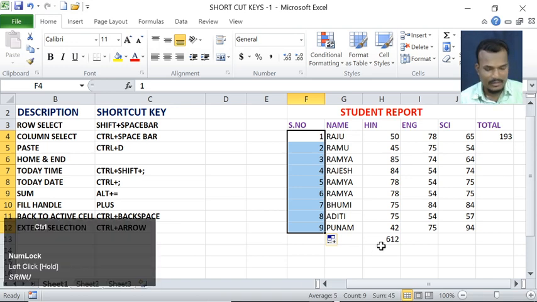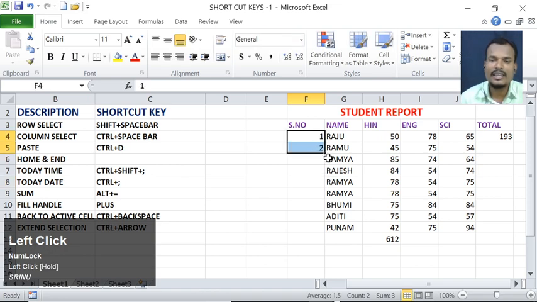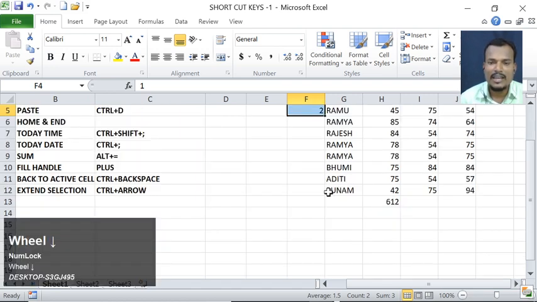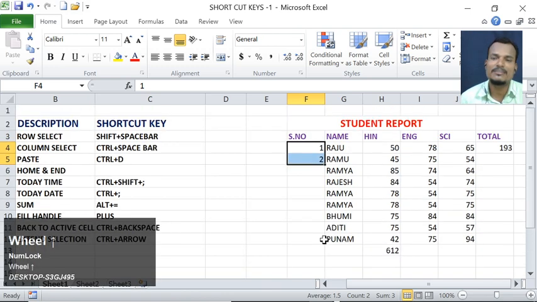But there is no need of all these things. Just type 1 and 2 here, and select them. Whenever you keep the cursor on this corner, it will convert into a plus symbol. Just double click. No need of dragging. Suppose you have 200 rows, dragging up to 200 takes much time.